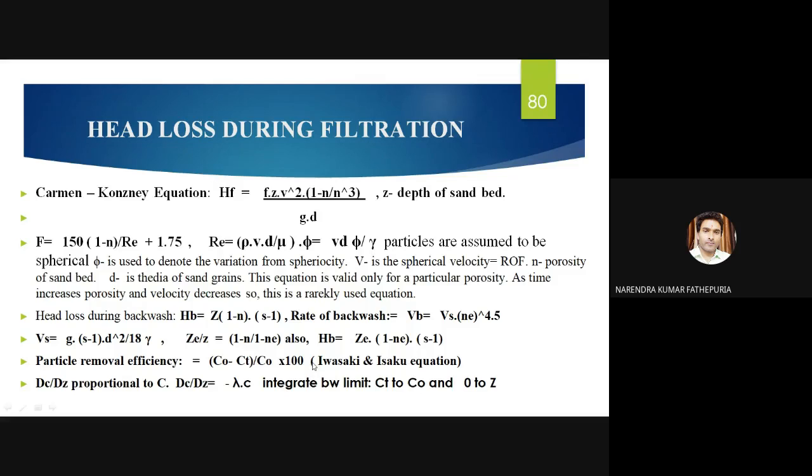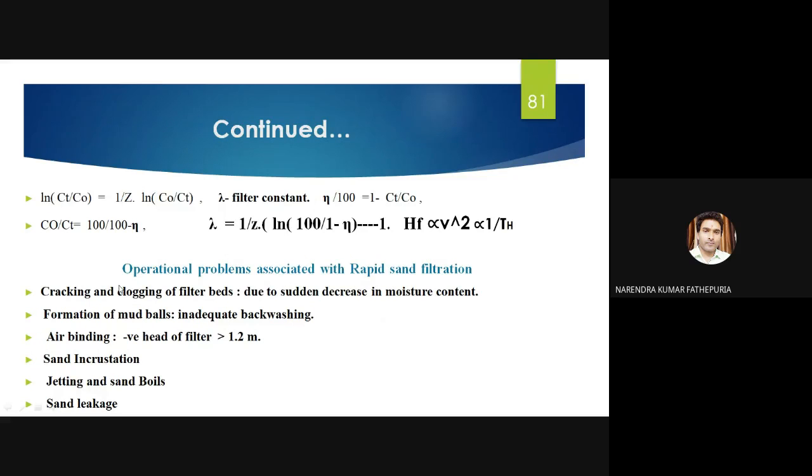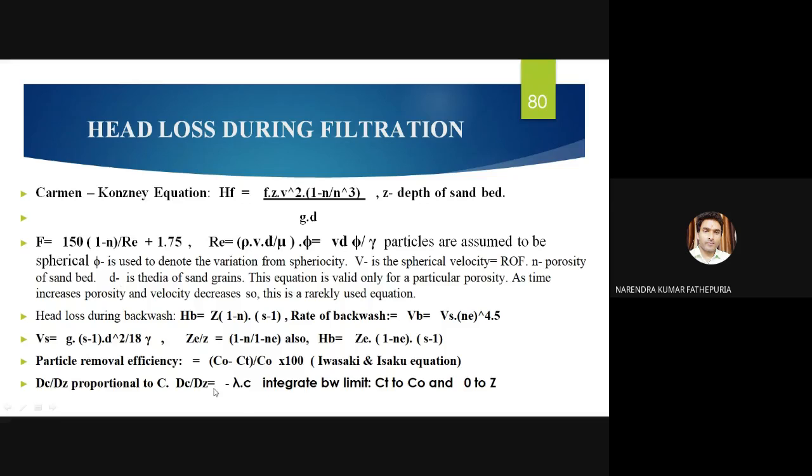Particle removal efficiency, this is very important. We call these the Iwasaki equations. That is important. So if sometimes they ask for the particle removal efficiency, you have to apply this formula only: C naught minus CT divided by C naught, multiplied with 100. The uniformity constant that you have to measure, the same thing. So here we have done it. The integration, if you do it for this equation,